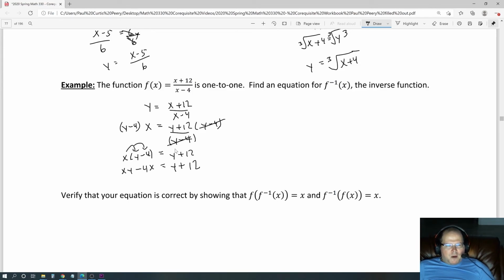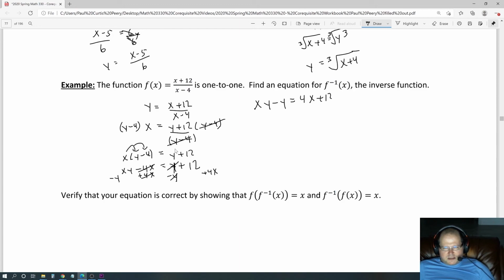There we go. Now, I want to solve for y, so I want to get all my y's on one side and all the x's and constants on the other. So I want to get rid of this negative 4x by adding 4x, and whatever I do to one side, I do to the other. But I also want to get the y's on the left side, so I want to get rid of this positive y over here by subtracting y, and whatever I do to one side, I'm going to do to the other. So negative 4x, positive 4x cancel out. The positive y and negative y cancel out. That leaves me xy minus y equals